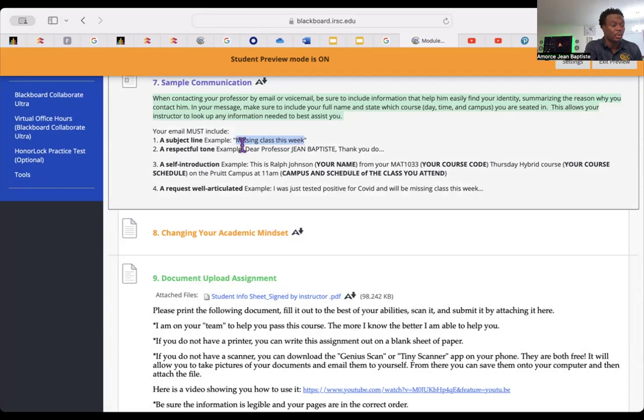So here's an example. Dear Professor Jean-Baptiste, thank you for what you do. And then you go on explaining your request. So this tone, when I see it, it shows me respect, it shows me appreciation, it shows me that okay, I can continue to address this issue.